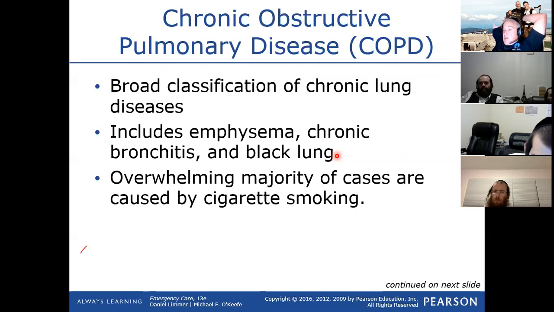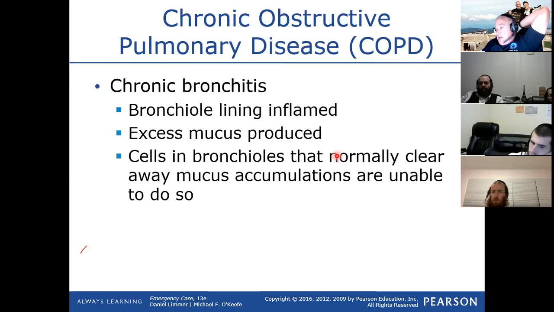The vast majority of COPD, 90%, is caused by cigarette smoking. The incidence of COPD is a little less than it was because there's less cigarette smoking, so it's definitely down. The big question is how vaping is going to correlate to COPD. There are definitely some issues as far as vaping goes, as far as the lungs, but it's too new of a thing to really know how it's going to affect the lungs long term. Okay. So again, in chronic bronchitis,